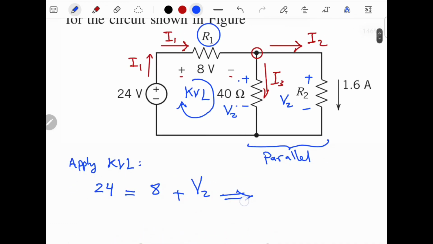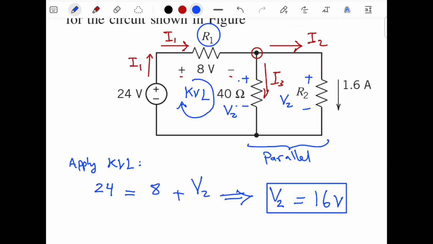Therefore, we have that V2 is equal to 24 minus 8, which is 16 volt. Therefore, we can calculate I2